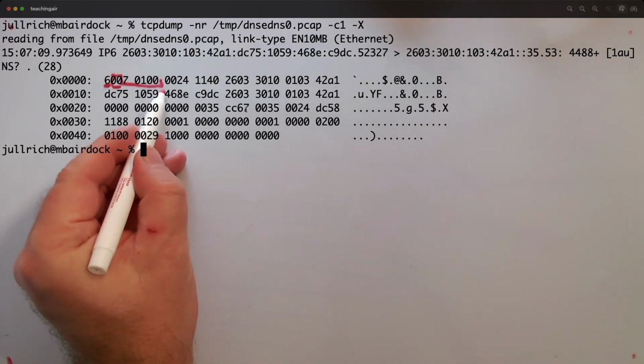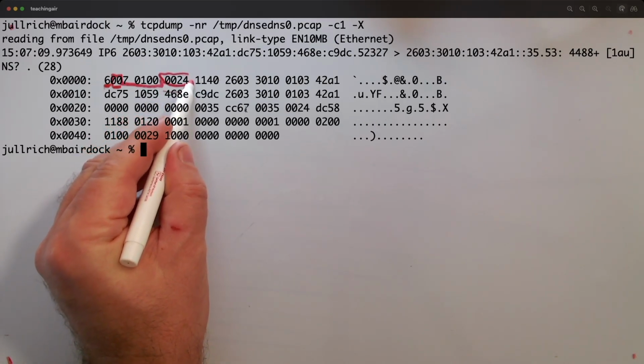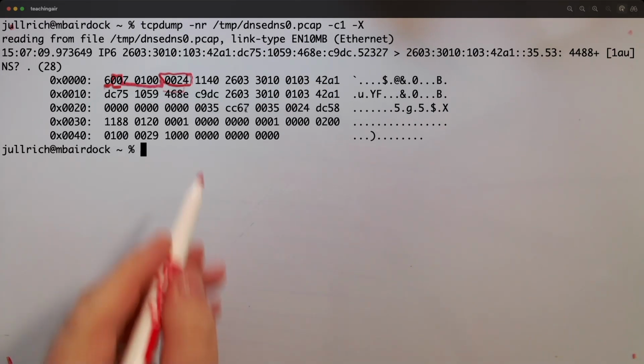Next, we have our payload length. Subtle difference here in the payload length. In IPv4, it was the datagram size. The datagram size included the IP header length. In IPv6, it does not include the IP header length, so this is just anything beyond the IP header. 2 times 16, so 32 plus 4, that's 36. So 36 bytes of data. And then you have, of course, the 40 bytes of the IPv6 header there as well. Okay, then